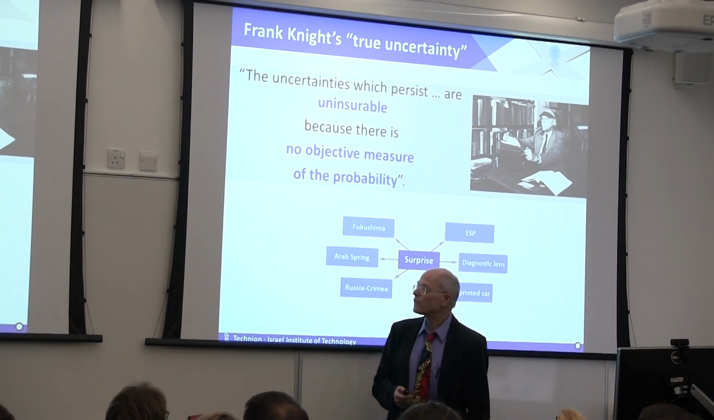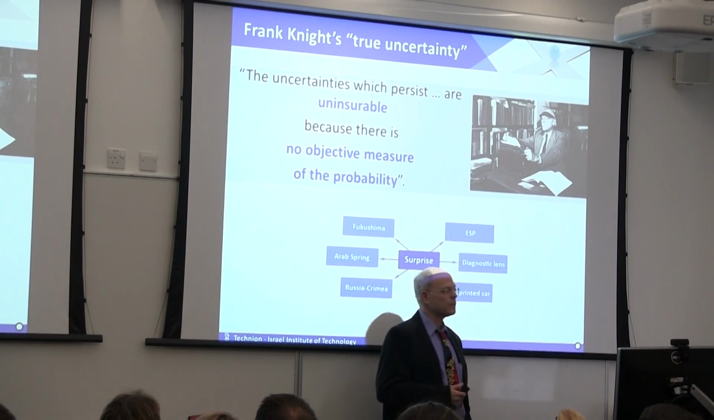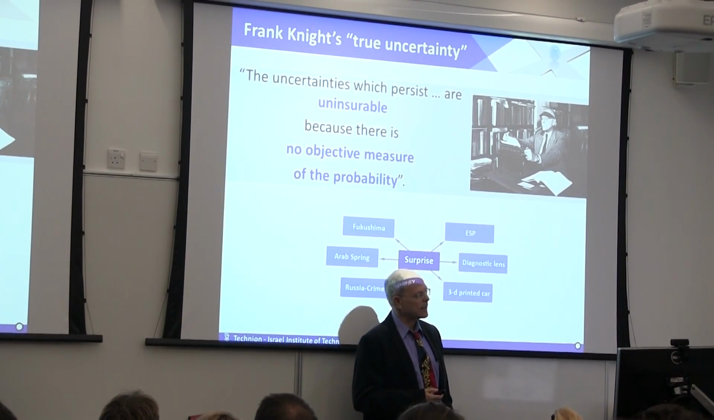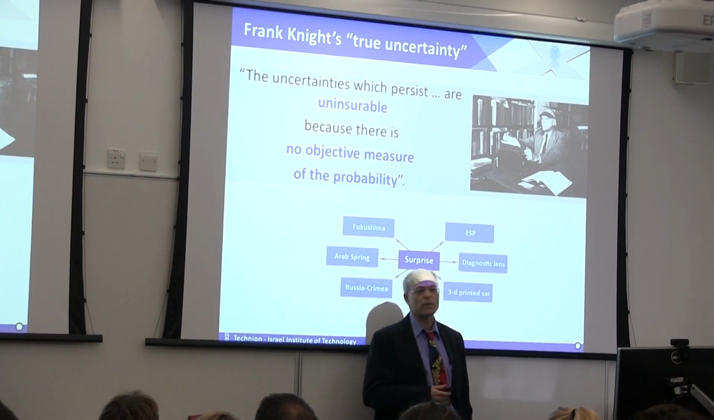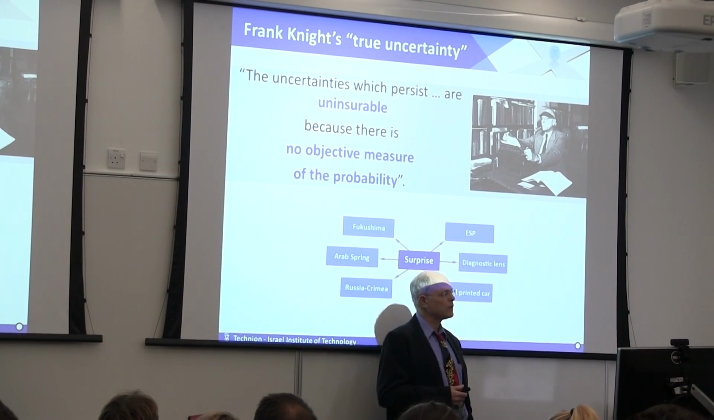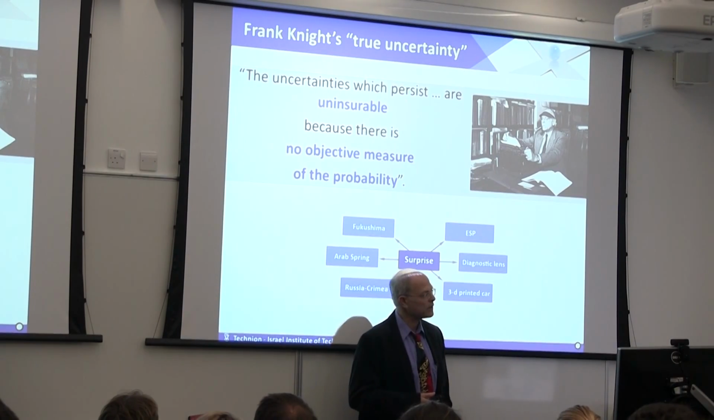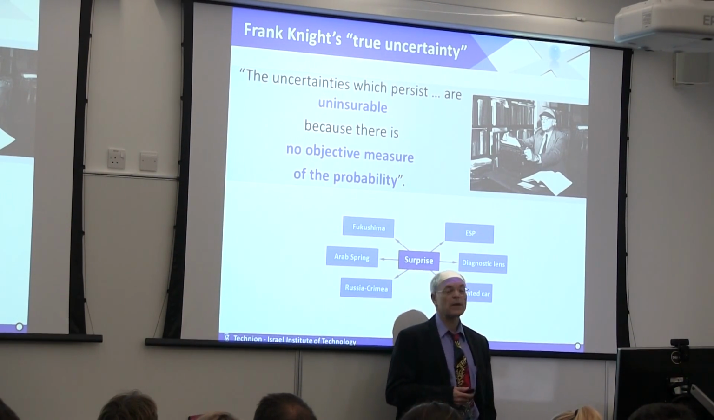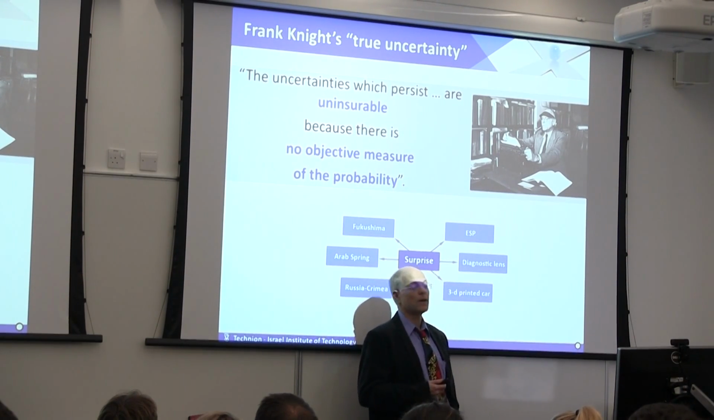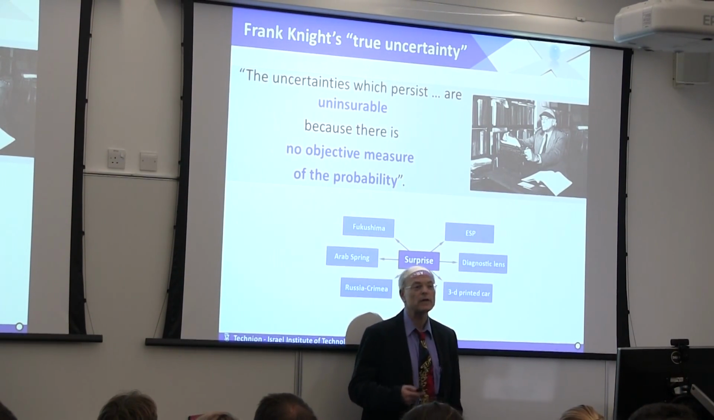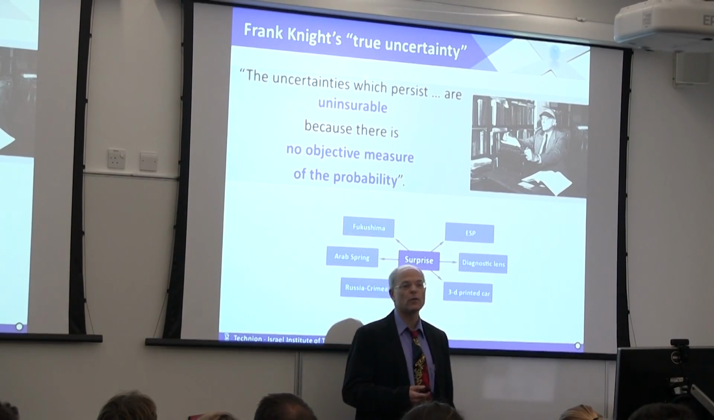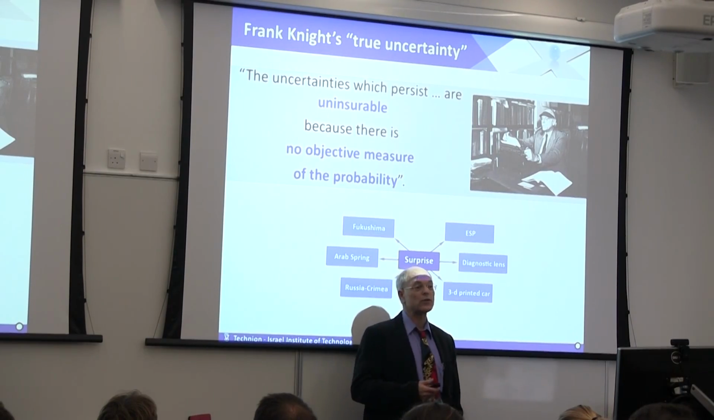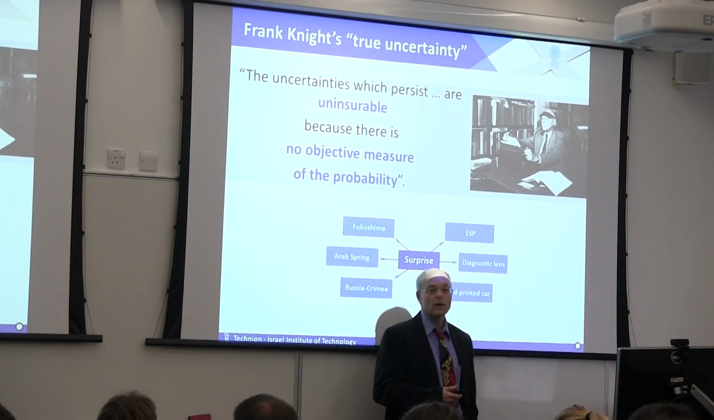But then comes along this gentleman, Frank Knight, an economist the first half of the previous century already. He was an economist at the University of Chicago, and in his book in the 20s, Risk, Uncertainty, and Profit, he writes that the uncertainties which persist are uninsurable because there's no objective measure of the probability. You are ignorant of underlying processes. You are uncertain about the innovations that will be made, or what your competitor is doing, or what might be